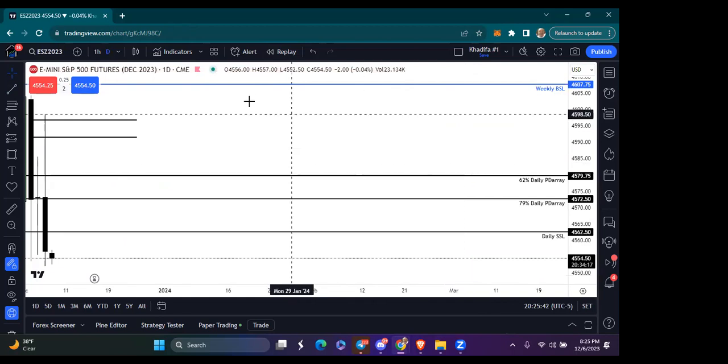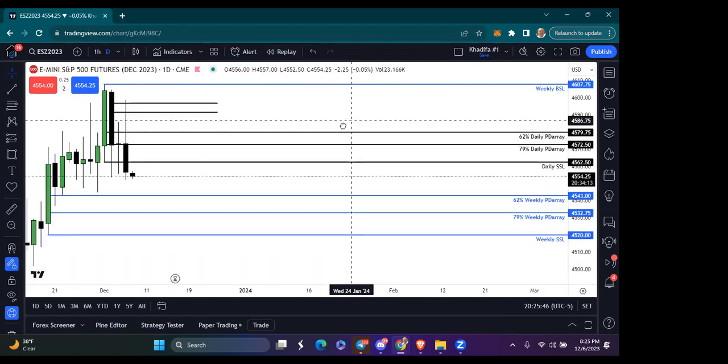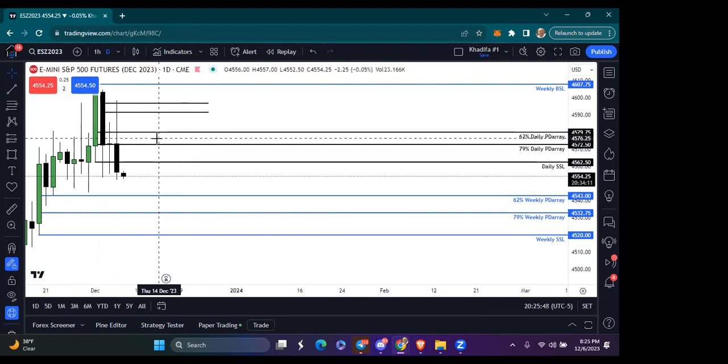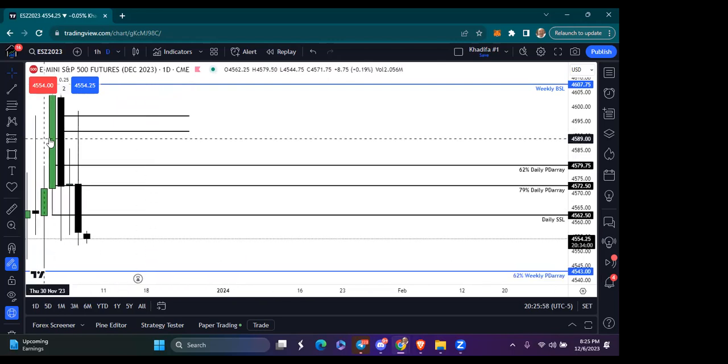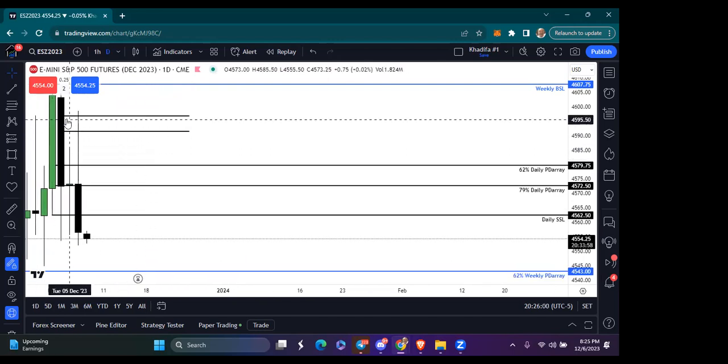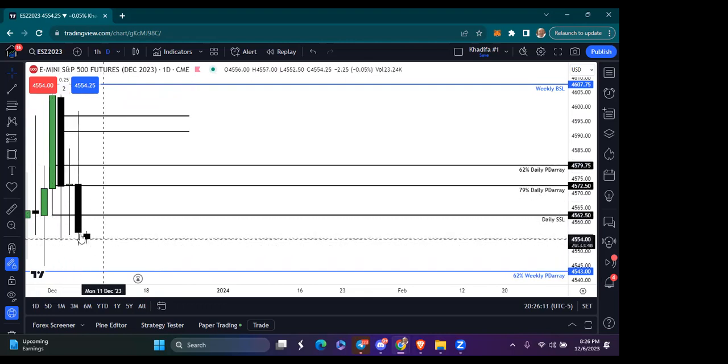Moving on to futures. The bias for futures opening up this week was bullish, right? I wanted to see us continue to push up off of the daily PD arrays from Friday's price action, right? We respected those levels, but we see these wicks to the downside here, right? From Monday and Tuesday, price